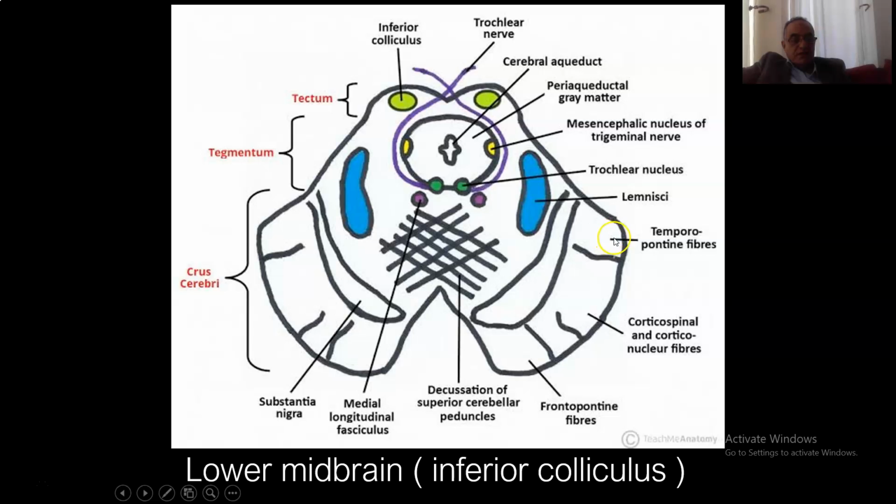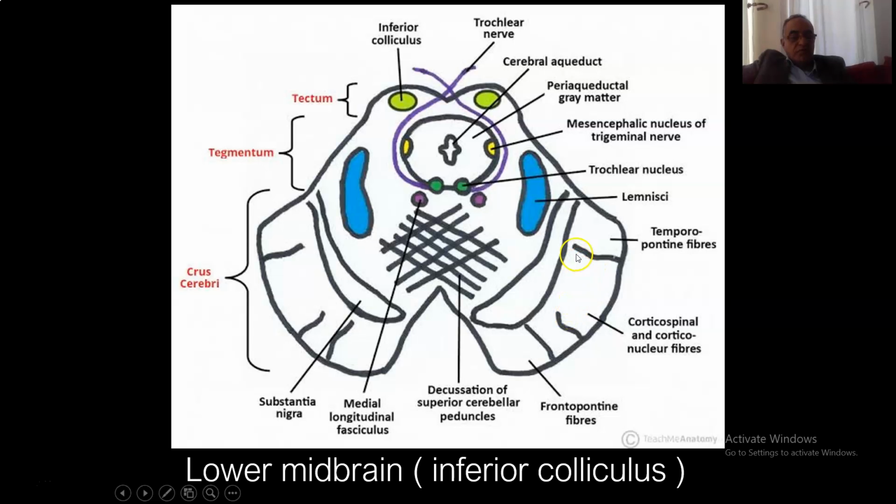Laterally are the temporopontine fibers, and medially the frontopontine fibers, and in the midline corticospinal, corticonuclear, corticobulbar. So the midline is going to the medulla, but laterally is going to the pons, and medially going into the nuclei of the pons. But in the middle part, the pyramidal fibers are going to the cord and going to the